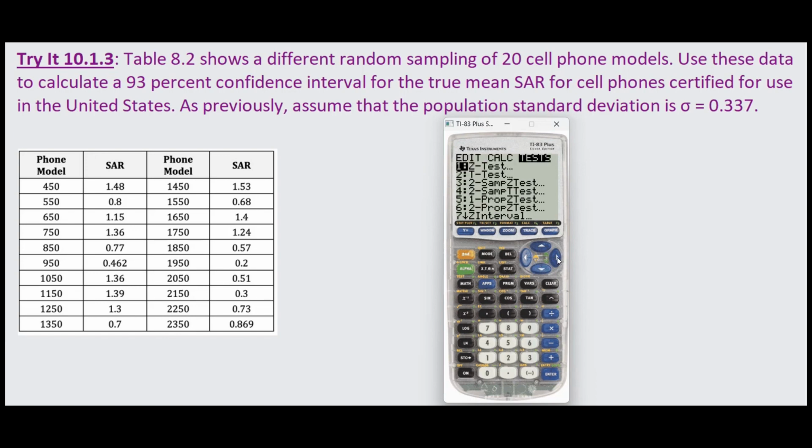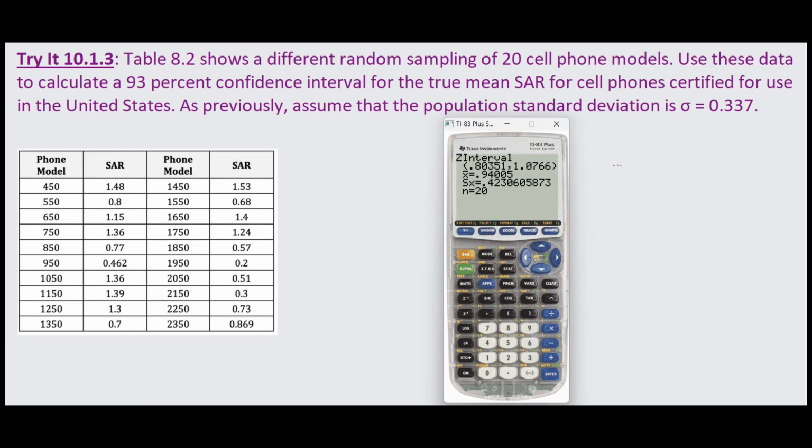So then again, tests, z-interval, data, 0.337 for our population standard deviation. List 1 is where our data is coming from. Our confidence level is 93%, 0.93. We hit calculate, and it gives us that our confidence interval is